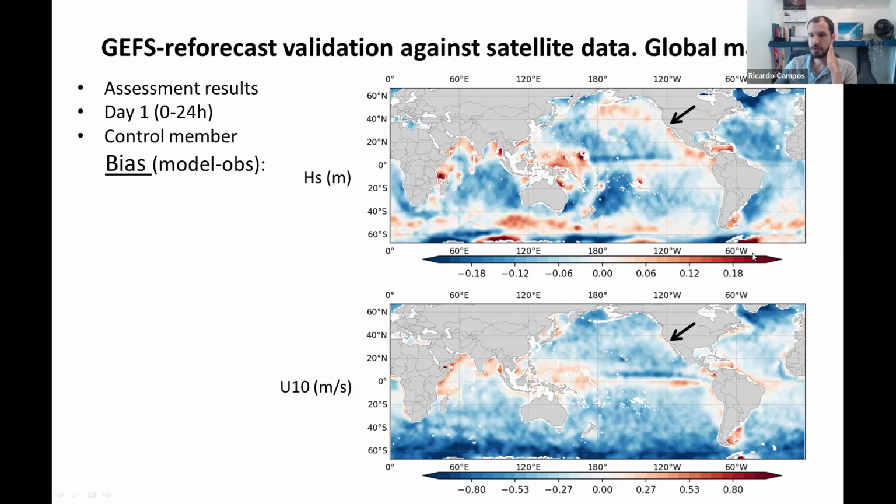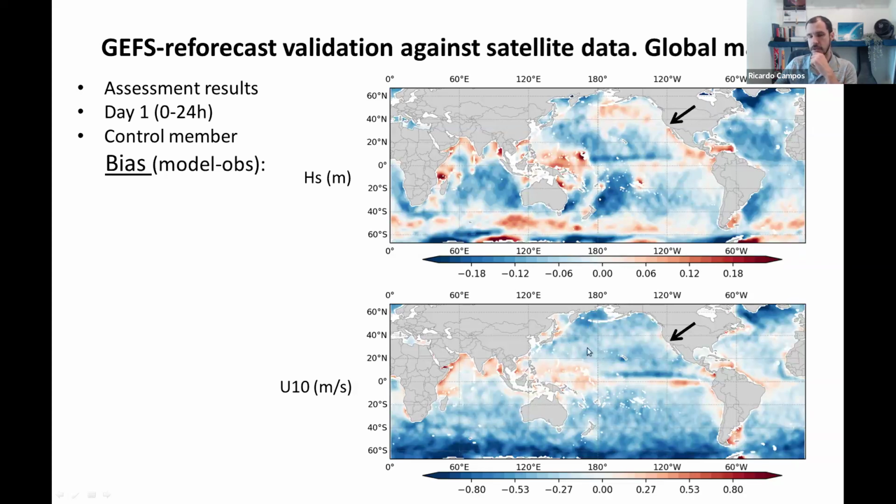It's interesting to see the overestimation in red and underestimation in blue. Here we have overestimated simulations in HS on the eastern portion of the Pacific Ocean, close to California, the coast of Mexico, same as here in Central and South America, which is not seen in the wind